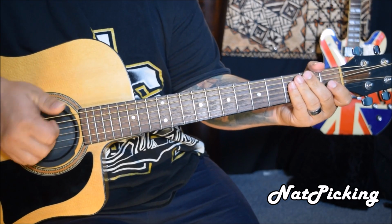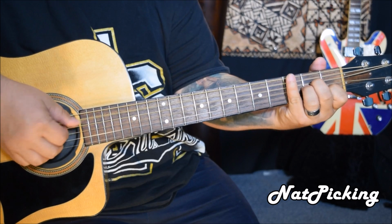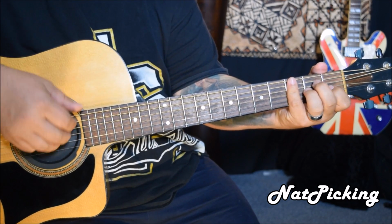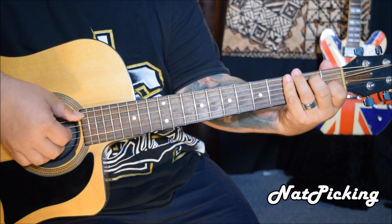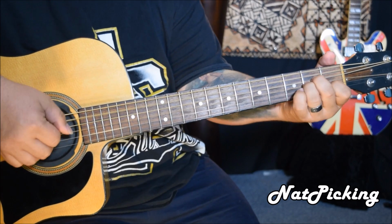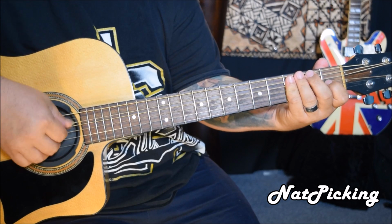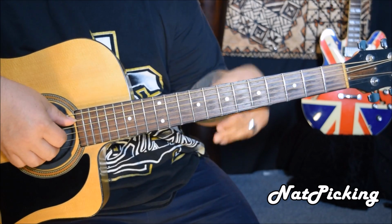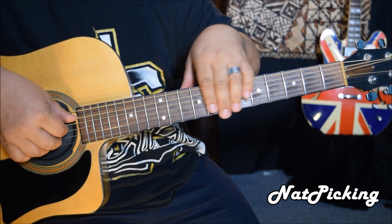So as long as you're slapping on the 3, and on the A minor chord you're playing the 1 and the 3 and, and then for the E chord you're playing the 1 and 2 and 3 and 4 and. In there I'm putting in some plucked notes, some muted notes as well: 1 and 2 and 3 and 4 and. Those are just muted notes. I could put my hands anywhere and just play any 3 strings to give it that percussive